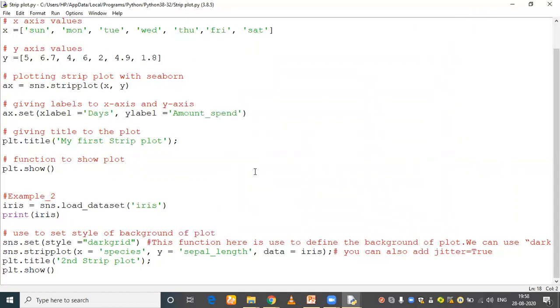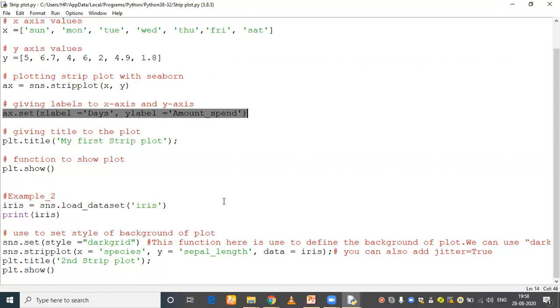So I hope you have understood now what is strip plot. How can you use the sns.stripplot function with the help of 2 arguments x comma y. Here x is the categorical variable, or you can say x is the list that contains string data, and y is also the list that contains numeric data. We have passed x comma y so that we can set the labels to the x and y axis like this.